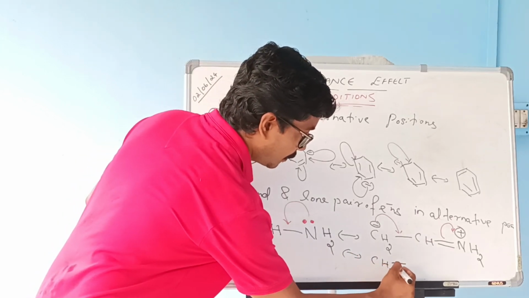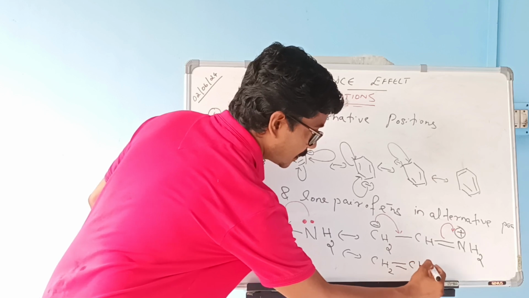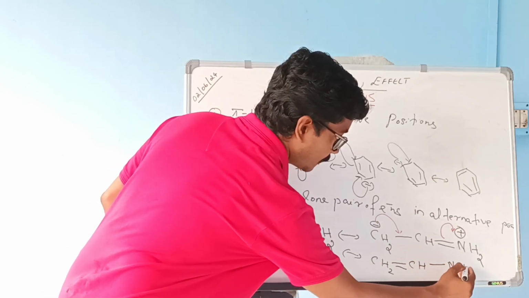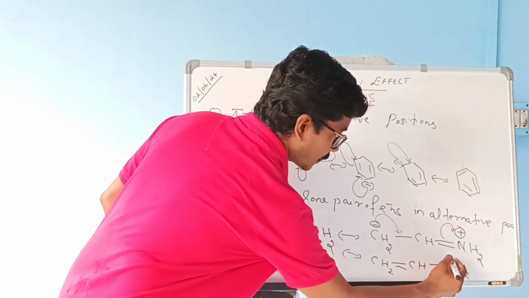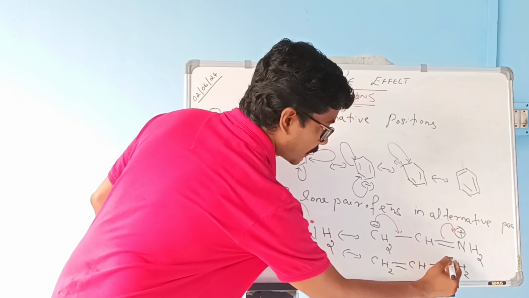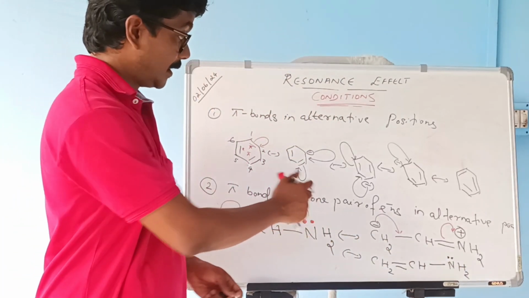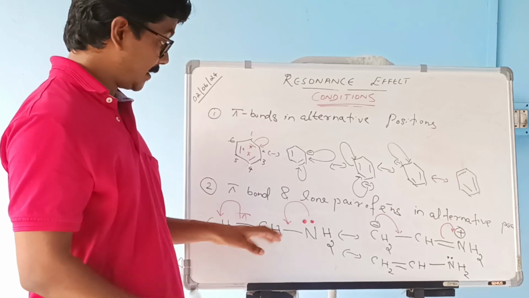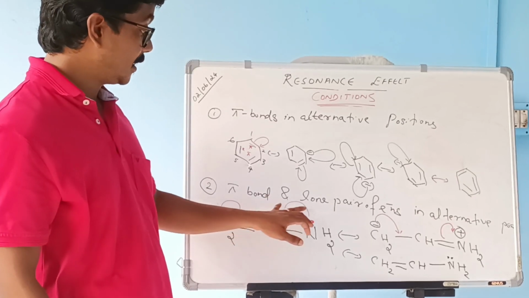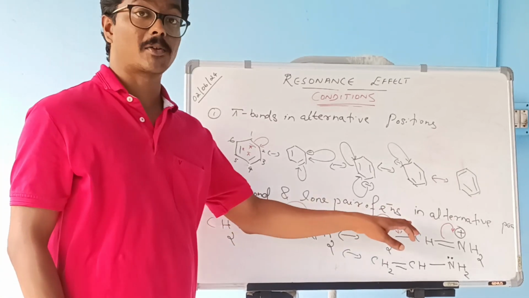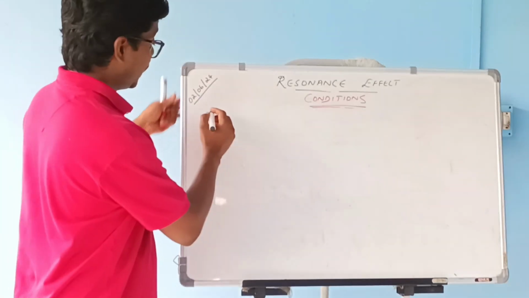CH2 double bond CH single bond NH2. Okay, so these are the canonical structures of an example of an organic compound where a pi bond and a lone pair of electrons are in alternating position. The third condition is